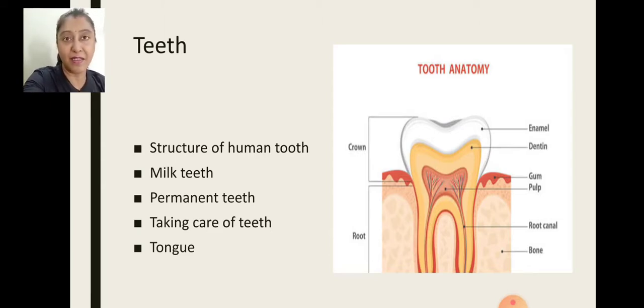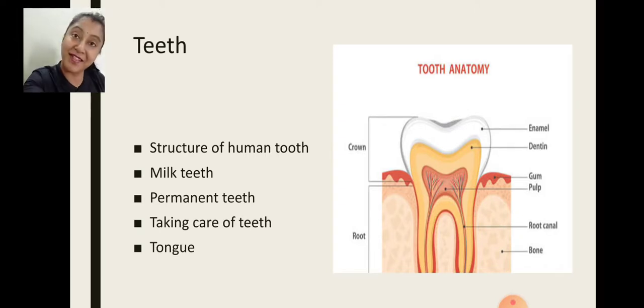The next thing present in the mouth is the tongue. The tongue is a muscular organ present in the mouth, and it is one of the sense organs responsible for taste. It has many tiny bumps on it, and it helps to differentiate between different tastes of food. Along with taste, the tongue plays another important role: when we are chewing, the food is crushed and ground by the teeth and mixed with saliva. At that time, the tongue forms a ball of chewed food, and this ball is known as bolus.